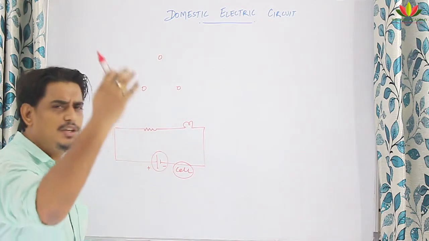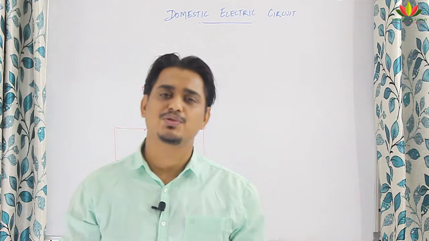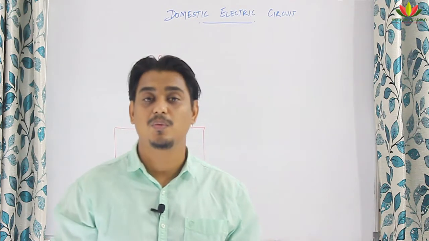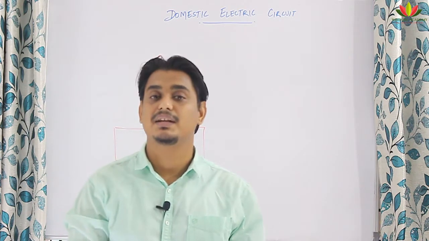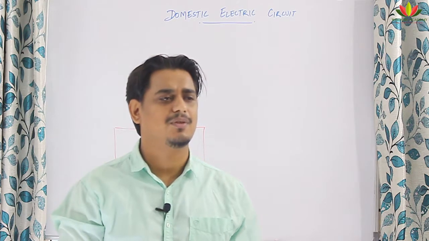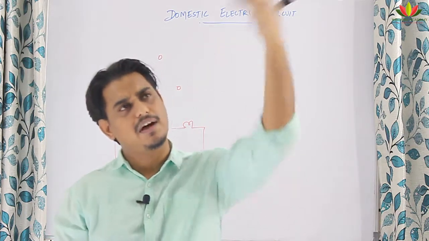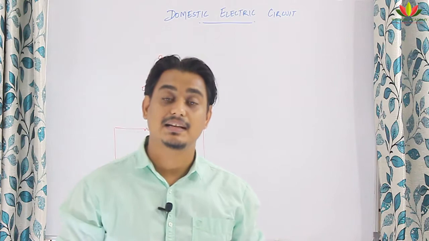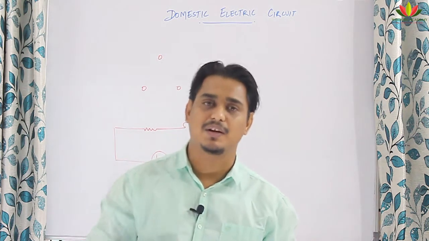So it comes from very huge distances. First of all, you should know that the current which comes to your home will not be produced nearby. The current coming to your home may be coming from very, very far. Like people usually in Chennai, they receive current from either Neyveli plant or they receive current from Kalpakkam thermal power plant. So the current travels far away from Kalpakkam, current travels far away from Neyveli and reaches us in the form of current. So how does it come from that much far?